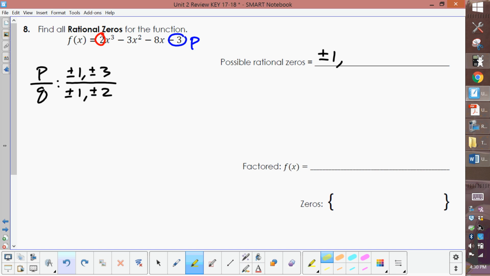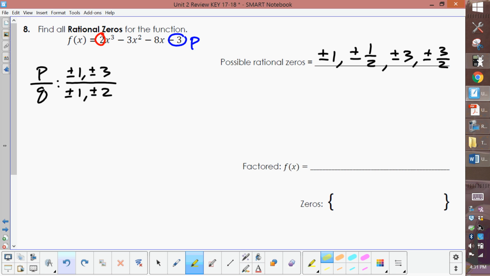I'll continue with all the possible rational zeros that have a numerator of 1, and the next one would be 1/2, so ±1/2. Then I'll lead with a 3 in the numerator, so that's 3 over 1, ±3. And last but not least, 3/2. And that's all my possible